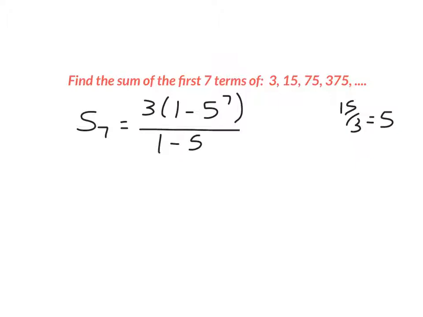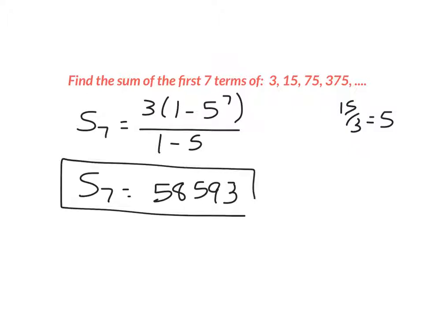5. Now, this is a doozy to punch in your calculator, I'll go ahead and warn you. You may want to break it up into pieces. You have to make sure you have the parentheses in the correct order, and enough parentheses, because if you don't, it will really mess you up. So I'm punching all this in while I'm rambling right here, and I get 58,593. And we'll take that first one in class tomorrow really slow and make sure we're really good on the calculator steps to